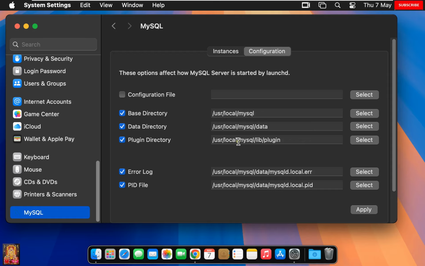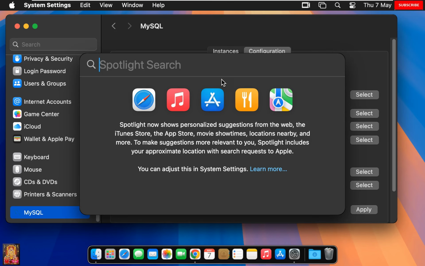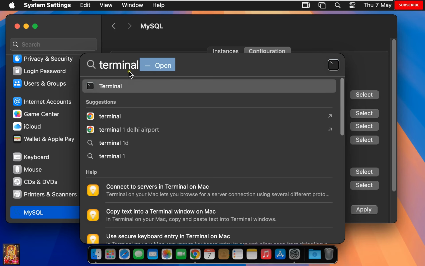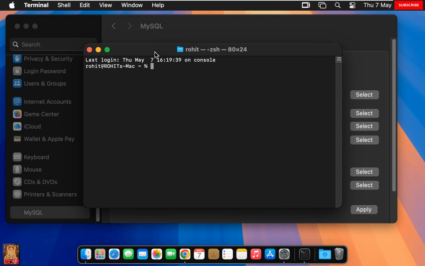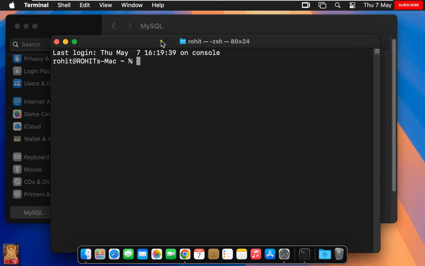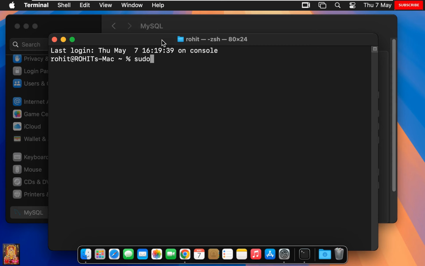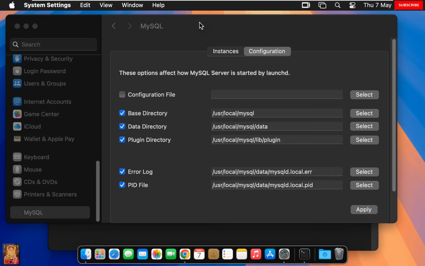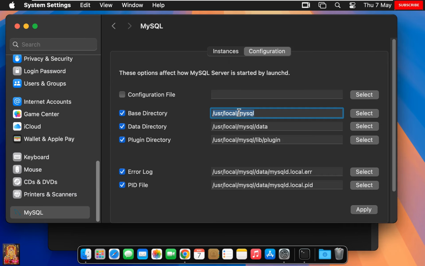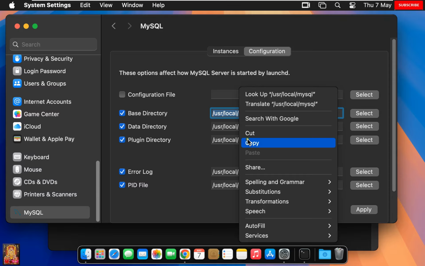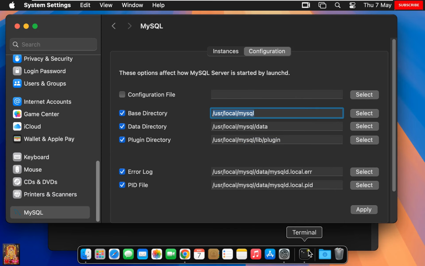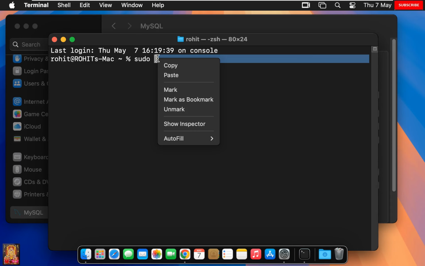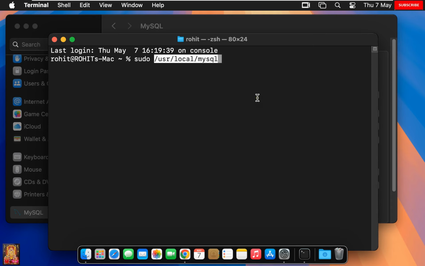Now let's try to connect to our MySQL server using the terminal. Go to Spotlight. Type terminal here. Click Terminal. Type sudo. Go to MySQL configuration. Copy base directory path. Go back to terminal. Paste the copied path here, followed by /bin